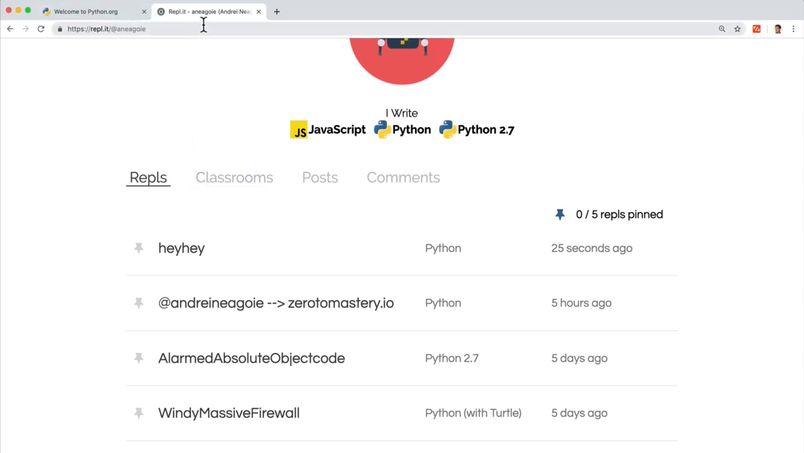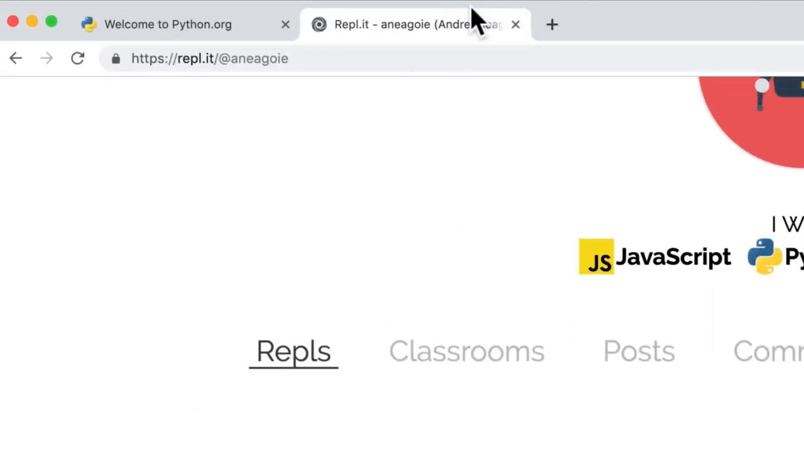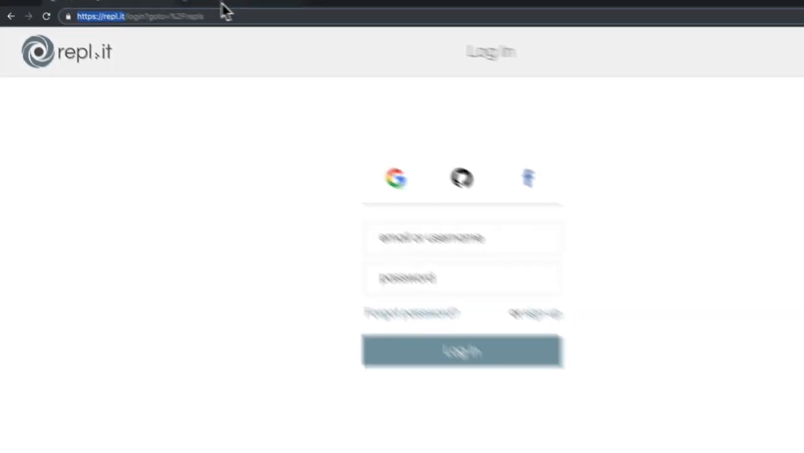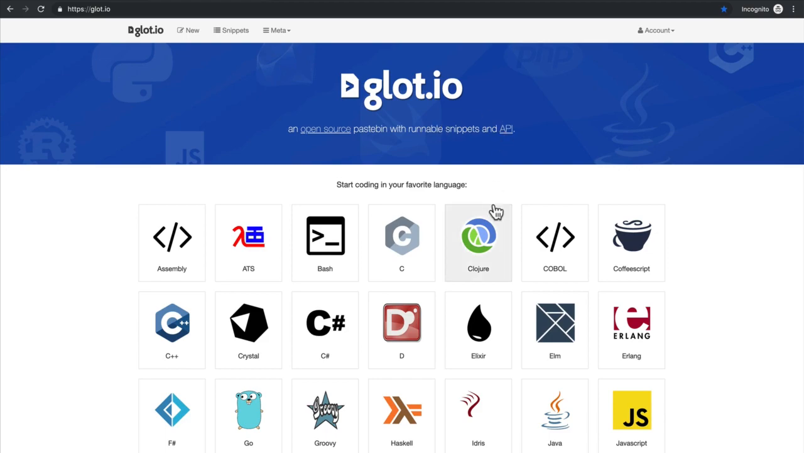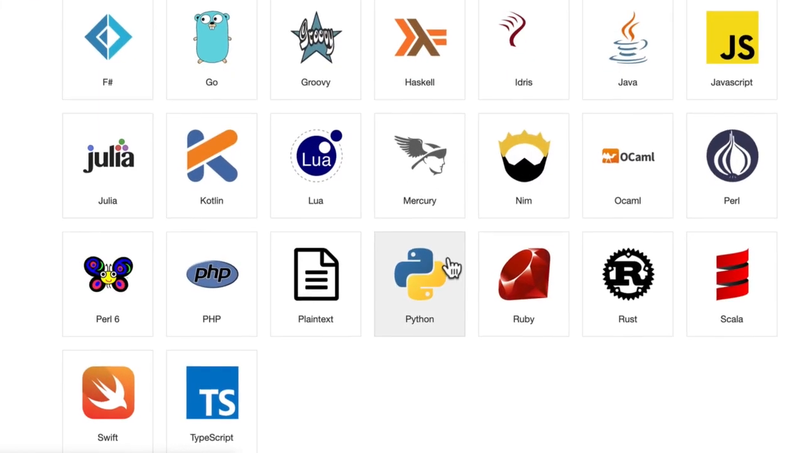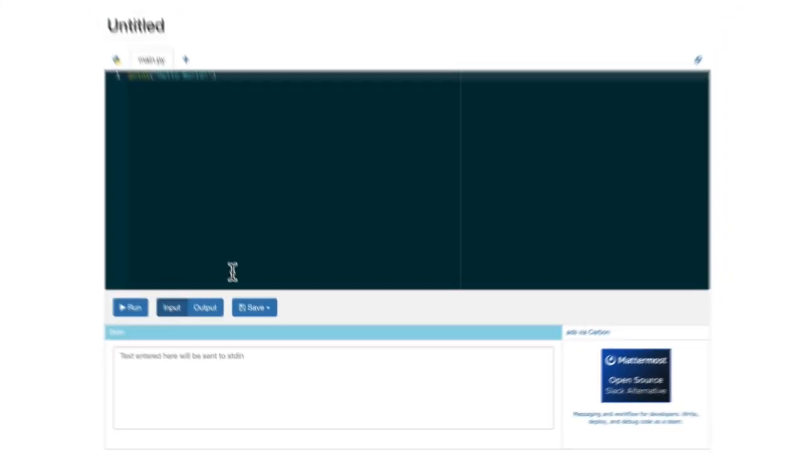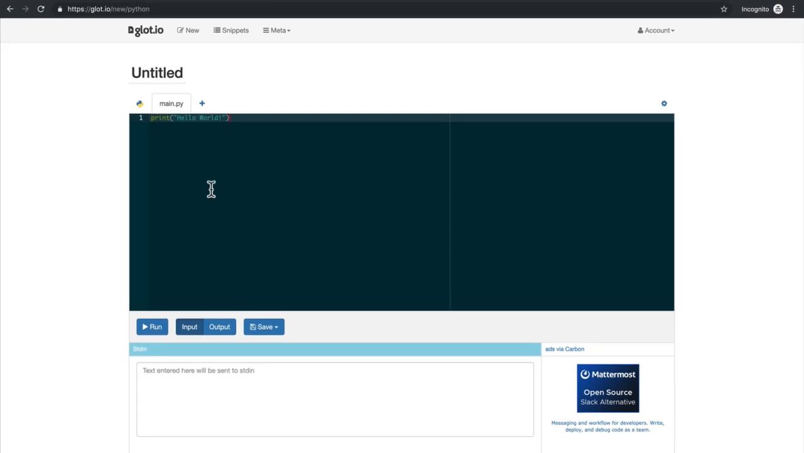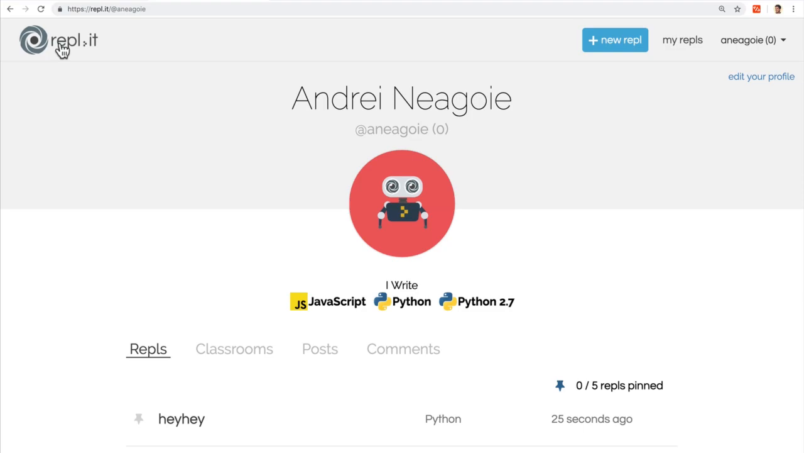Now, if you don't want to sign up for repl.it, it's completely free. You can also use this open source glot.io, which again, you go to Python and you're able to run Python online. So take your time, sign up for repl.it, and